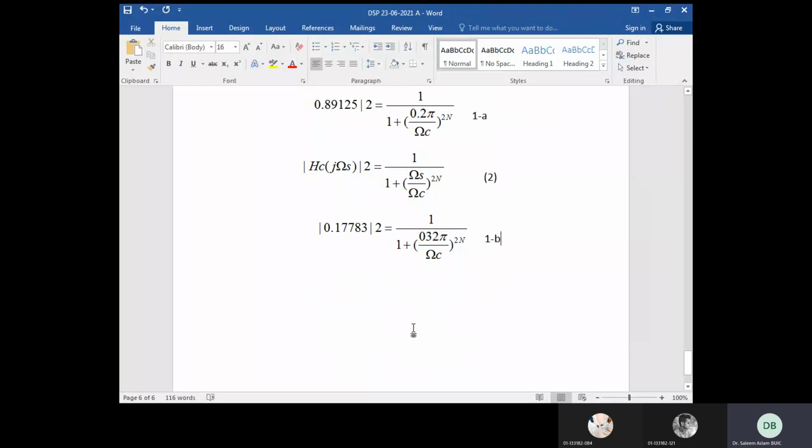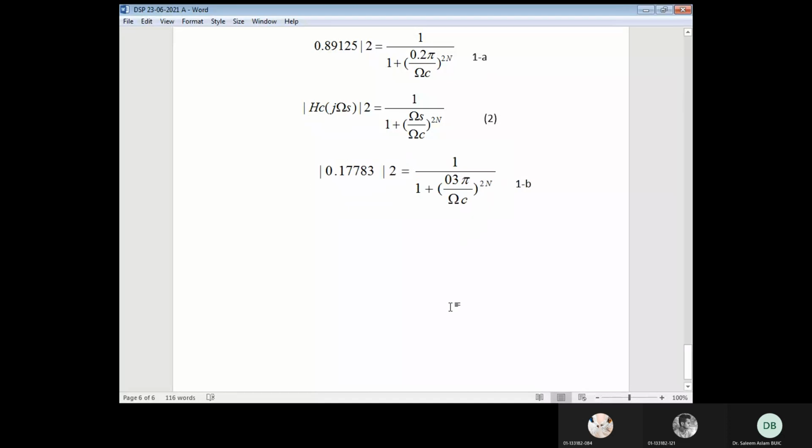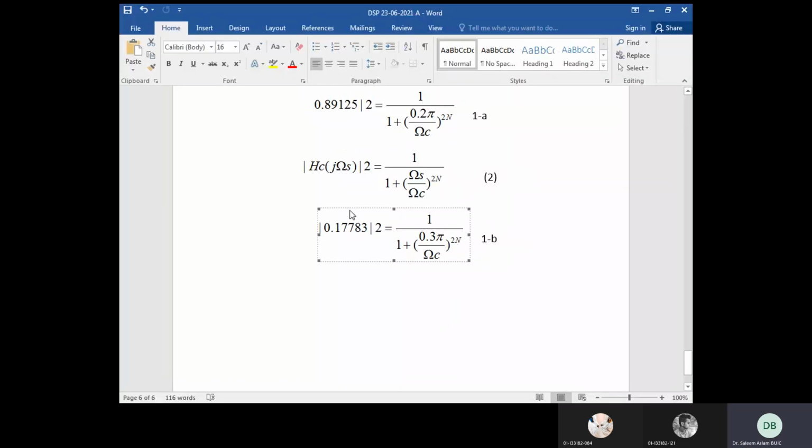Write down the steps. देखें आपके पास 1 plus 0.3 pi square. We are using the same formula. We are not changing anything. Right? So this is square. It's not multiply. Right? So you need to square. आप kindly अभी कर लें अगर किसी के पास कैलकुलेटर है, what is the square of 0.89125? I think it would be 1.7 something, and 0.17783 square is I guess it would be around 31 point something.